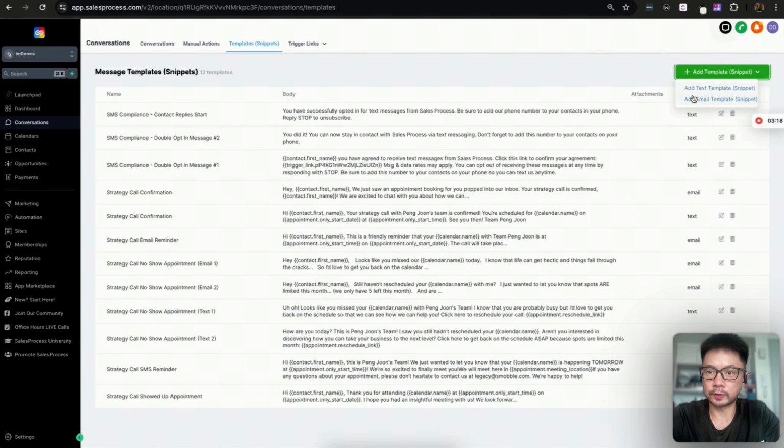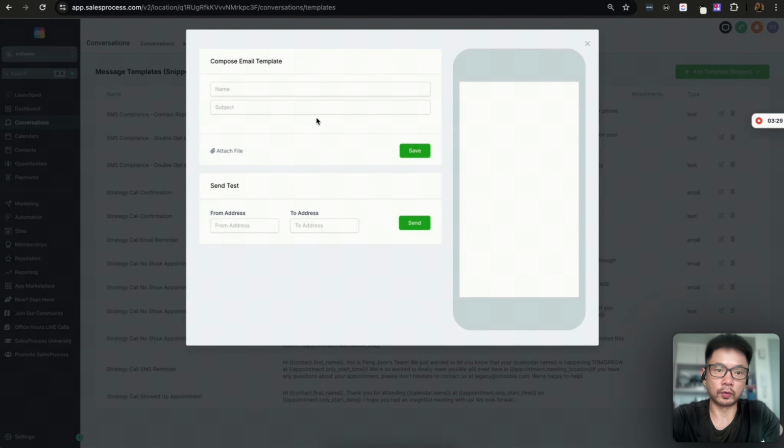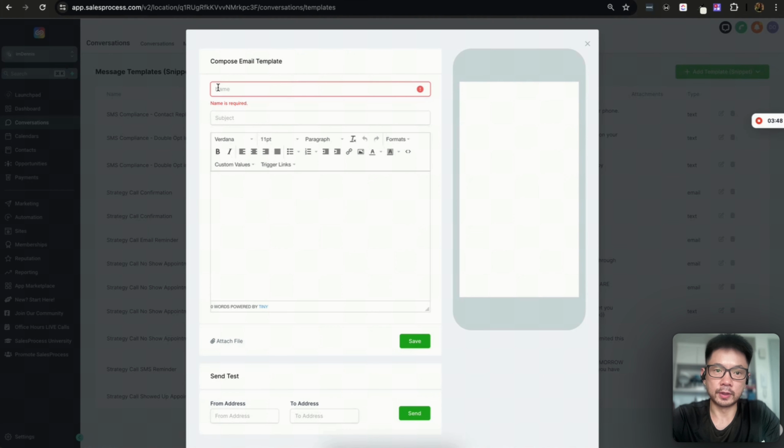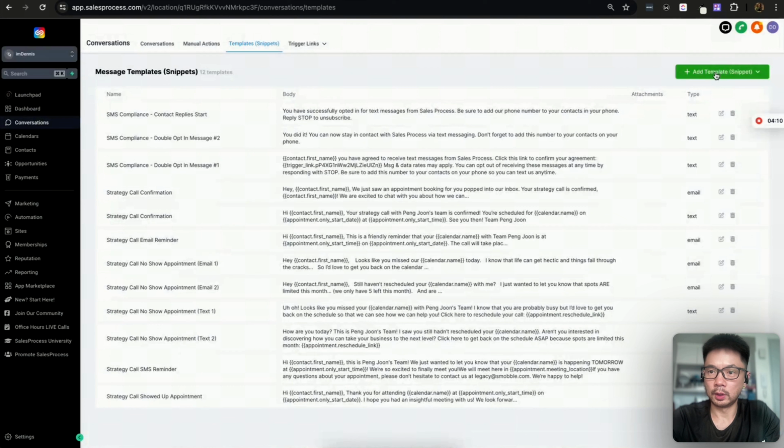There are two types of templates we can create, one is the text template and the other is the email template. An email template is a template which you create for emails. Okay, so what we have up here is the name of the email template. We have the subject of the email you want to send, and then you also have the body. Okay, and then down here you can click save, and here you can send the email from who to who.